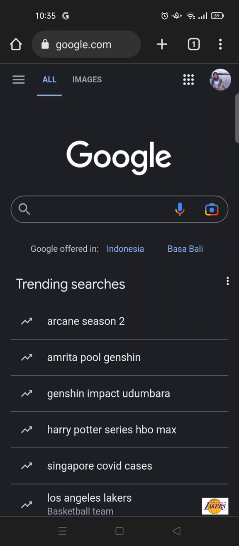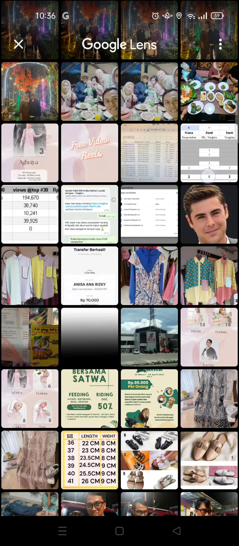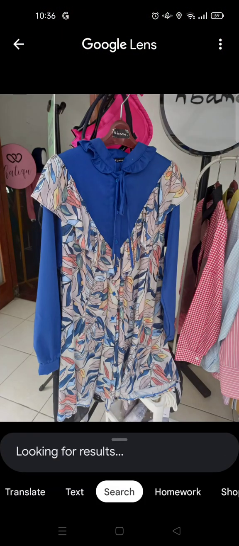So first, after you open Google, you don't need to write anything in here. Just click on the camera icon in the search bar. Then Google Lens will open like this, along with your camera. You can just select the image or the picture that you want to search. So for example, I want to find this